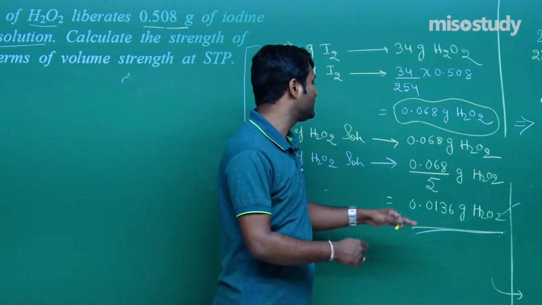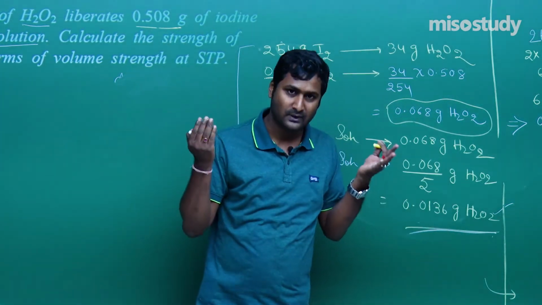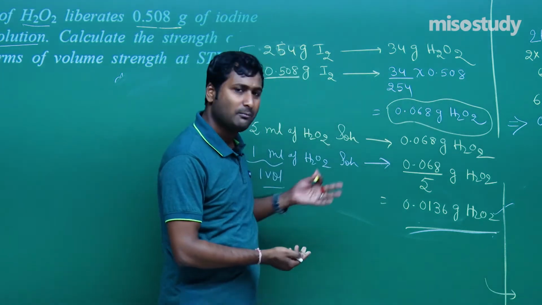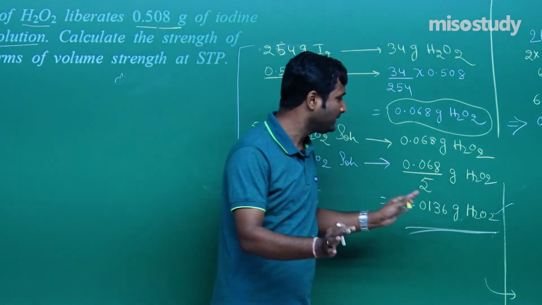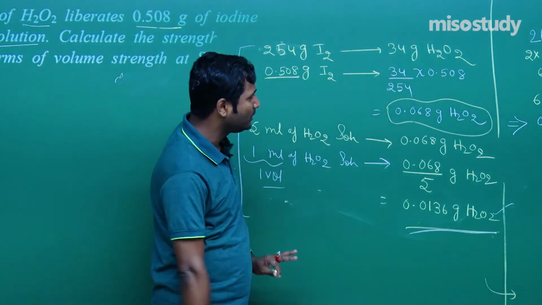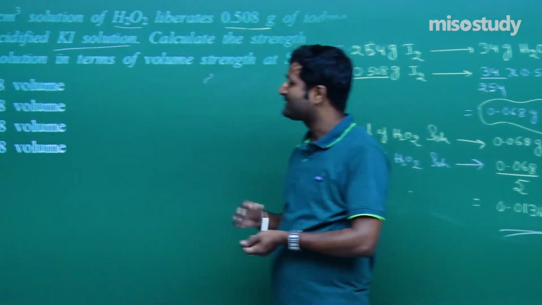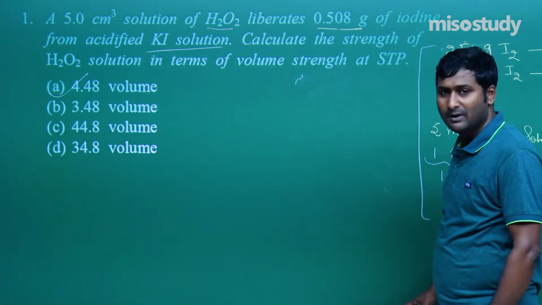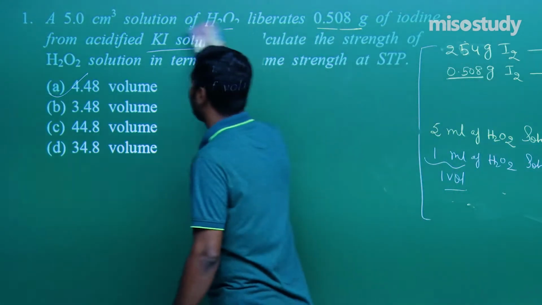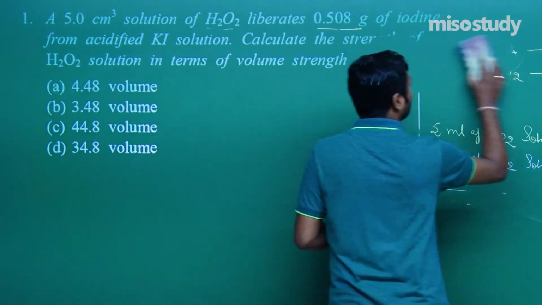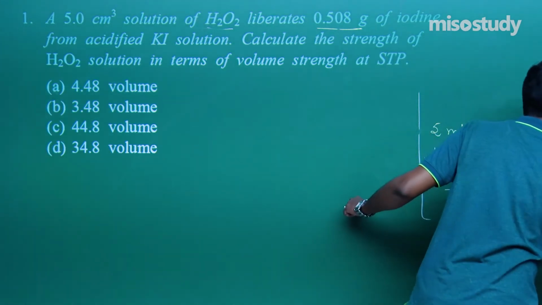Theoretically we are correct. If there is any mistake in calculation, you have pen and paper, then you can solve, but the process is completely right. I think we have done a complete calculation. Still, it's your turn, you can also check. So, the answer is 4.48 volume. I'm going to rub this part, friend, and we'll discuss the next part of the question. Listen carefully.